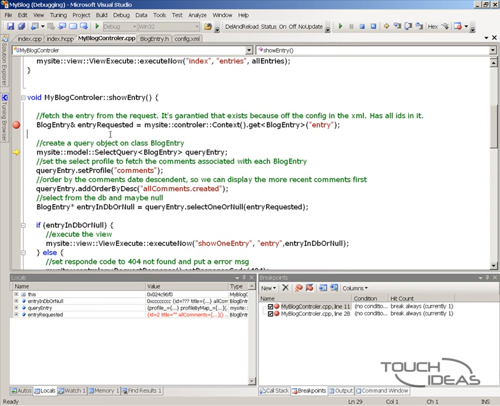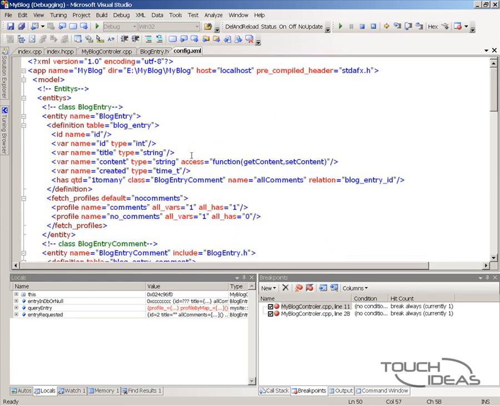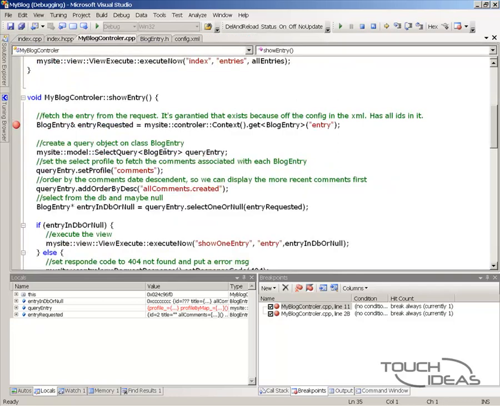We create a blog entry select query object here. We set the profile to fetch the comments. We configure it here with comments. It loads all as blog entry comment. We put an order by, and we select from the database one or null, because it cannot be, because it